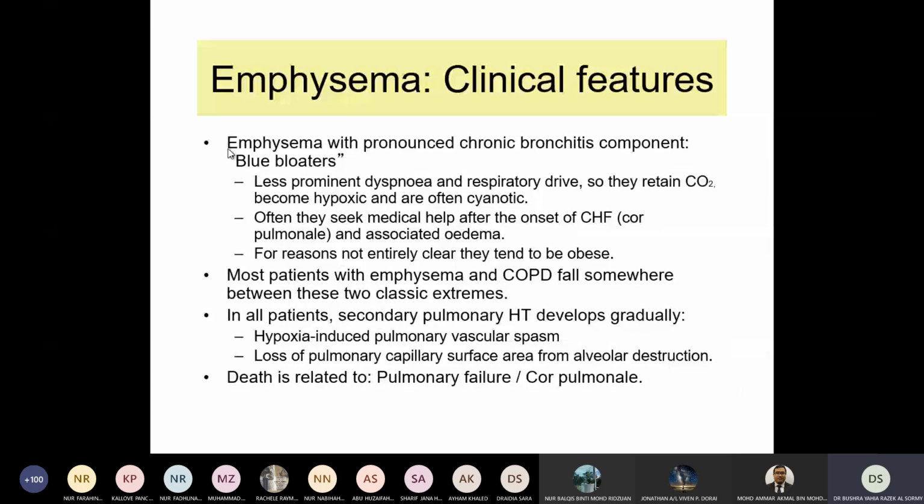We said emphysema with pronounced chronic bronchitis component we call blue bloater, because of the less prominent dyspnea and respiratory drive to sustain CO2, so the patient becomes hypoxic and often cyanotic. And also in this case,